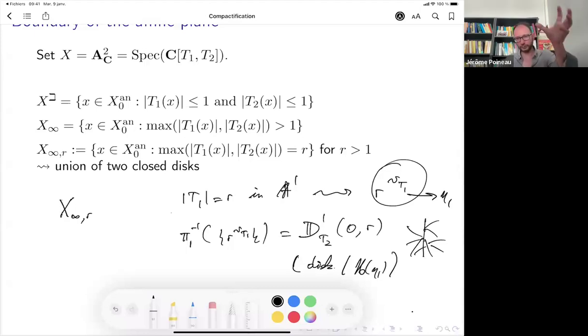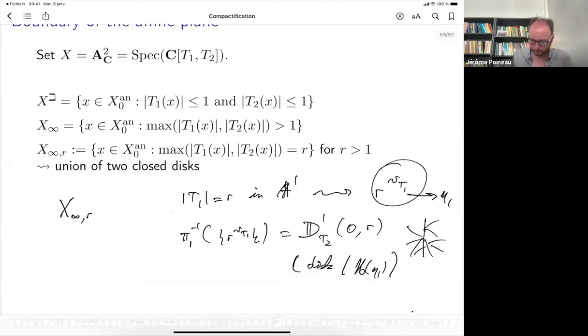So it looks like this. So that's some tree. So you have just two trees actually glued together, coming from two disks from the two different projections. And actually, you recover here a picture that goes under the name of a valuative tree in the work by Favre and Jonsson. Okay.